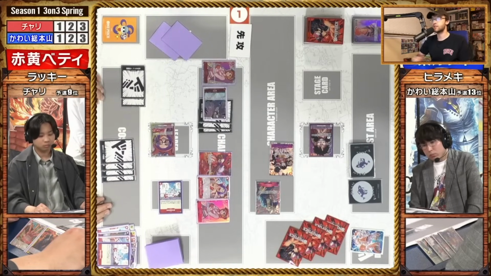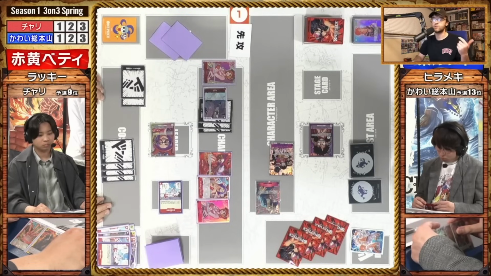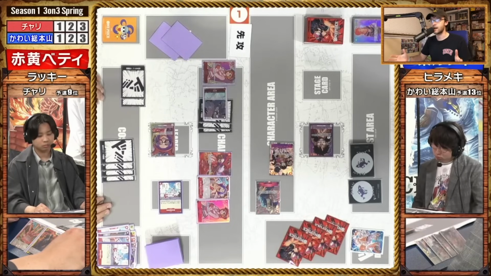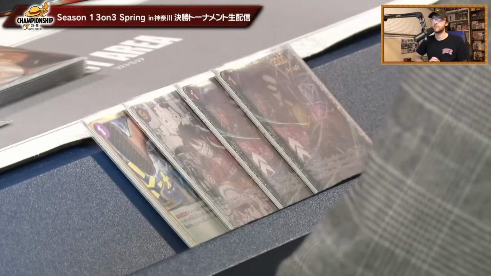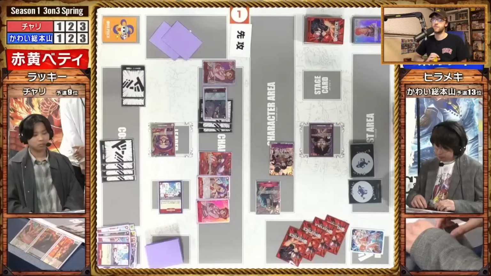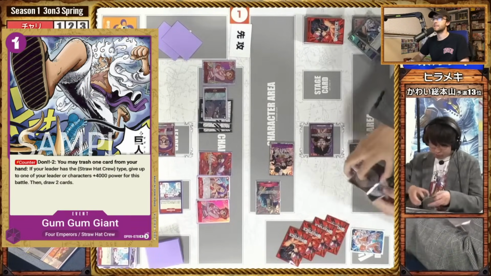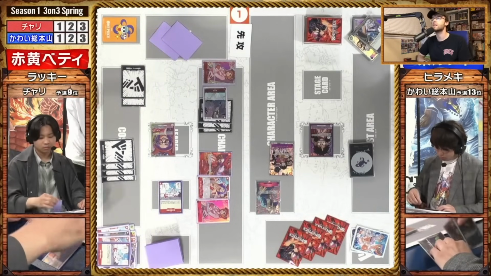Because if a leader effect is used, right, and the Dawn is spread every which way, the 1-cost Belo Betty can swing at it, the 2-cost Koala can probably swing at it, and the 5-cost Ivankov would be 9,000 power, so could either swing at that Luffy or the Poly. It's a really tricky situation right now, I think, if you're the PLuffy in terms of what you're actually going to do. And so is going to go ahead and use Gum Giant, draw 2 cards, keep this Luffy alive